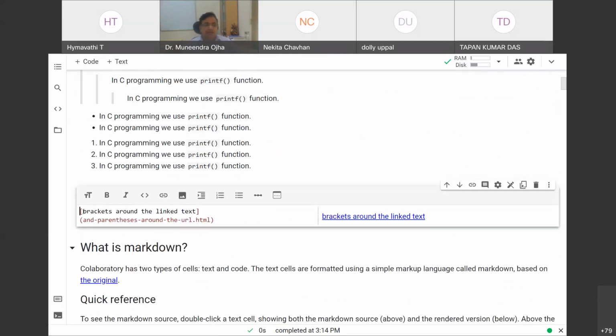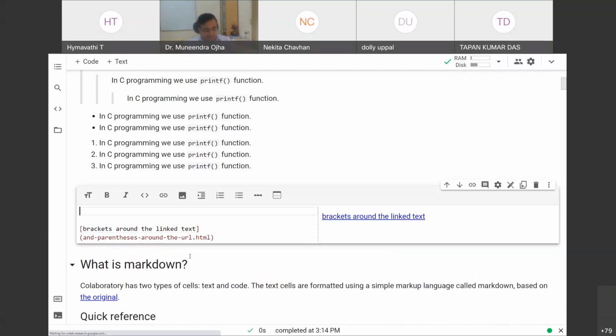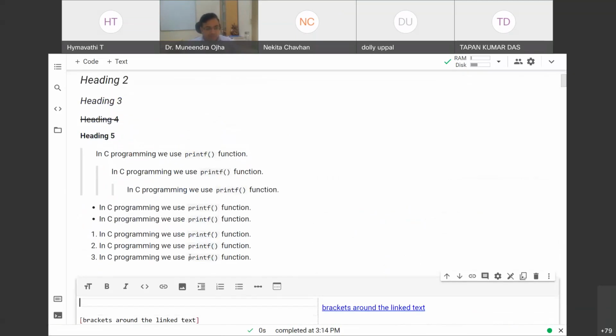I need to write the text that I want to display, and then put the link within parentheses. So square brackets, and immediately after that the parentheses. Let me give you a better example. Suppose I want to write google.com. So google.com is the text that will be displayed.